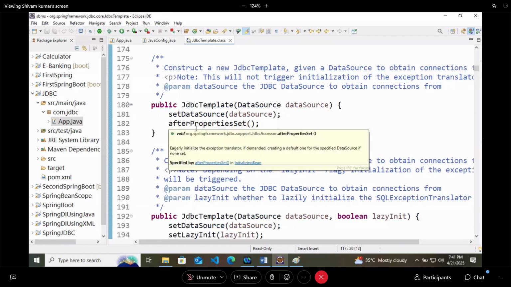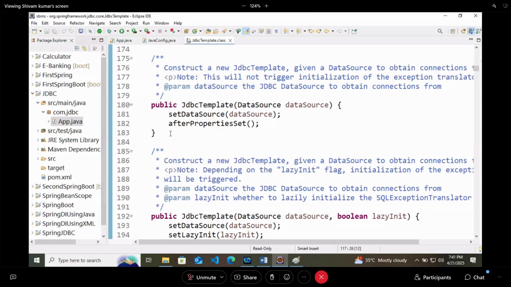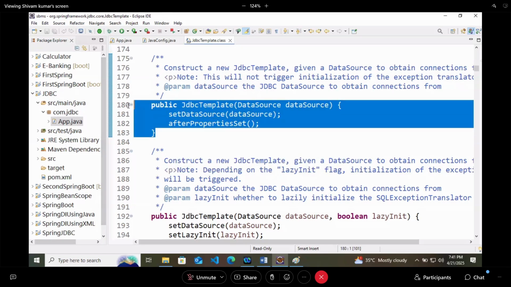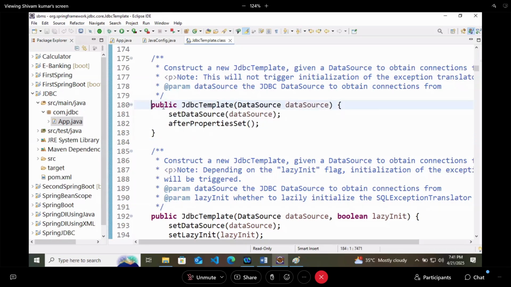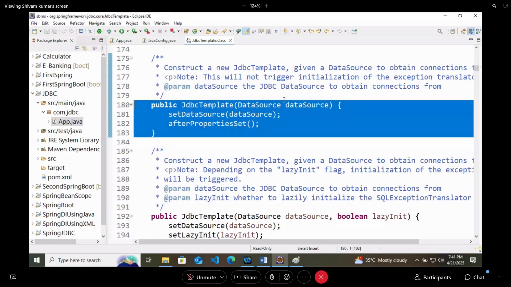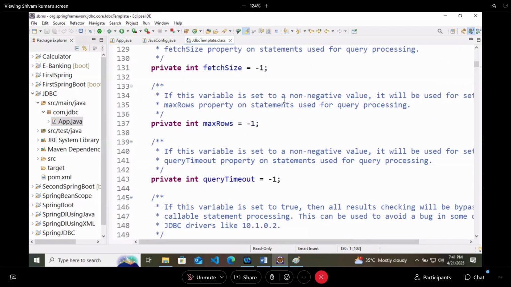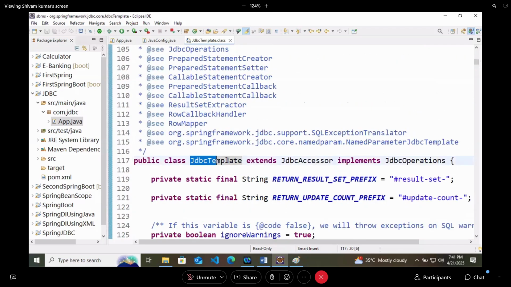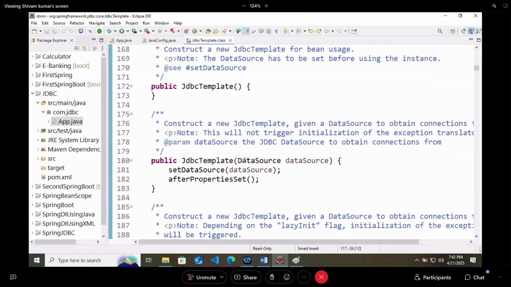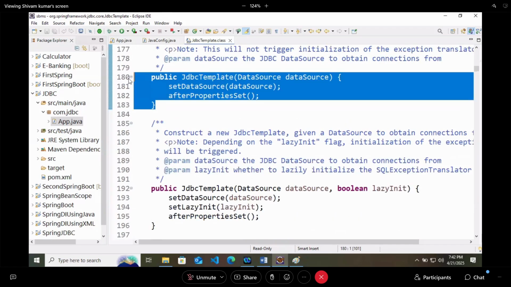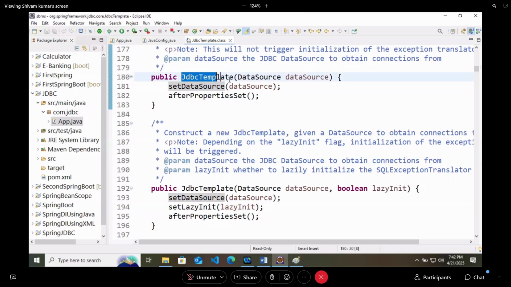So at first, see this particular method. Here we have one public JdbcTemplate. Now can I say that it is a constructor? See, what is my class name? Class name is JdbcTemplate. And here we have a method with the name JdbcTemplate without any return type, not even void or int.